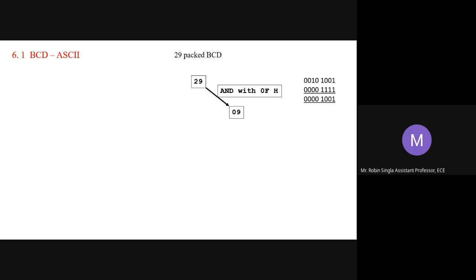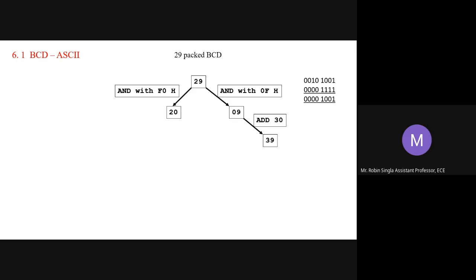See here, this is your number 2 and 9, and this is 0F. If we perform AND logic, because these are all 0, they all become 0, and these are all 1, so the same number will come here. It is 09. So first we perform AND with 0F. This 29 will become 09. Then we will add 30 to this number. Okay, this is now 39.